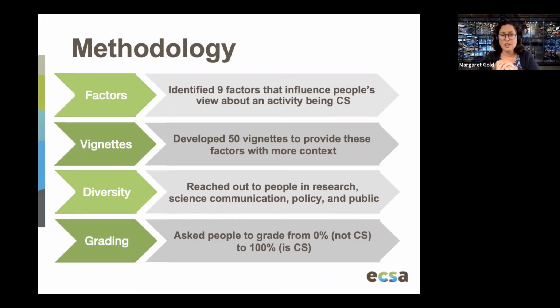And then we reached out as widely as we could to get a big diversity of views on these with a survey. And we showed people each of these vignettes, as many as they had the time to look at, in random order, so that we spread it as evenly across the vignettes as we could. And we asked people to grade it from 0%, definitely not citizen science, to 100%, definitely citizen science. But then we also asked, what was your confidence level in giving that answer? Did you feel like, yeah, definitely sure, or no, could you indicate a little bit of uncertainty? Maybe this is a gray area, maybe there's other views.